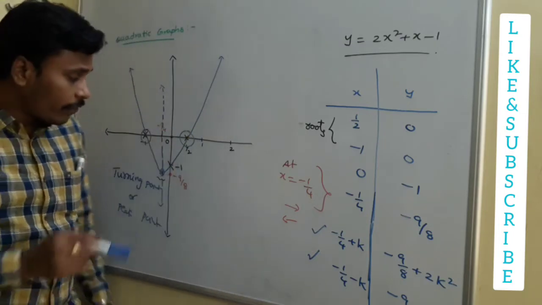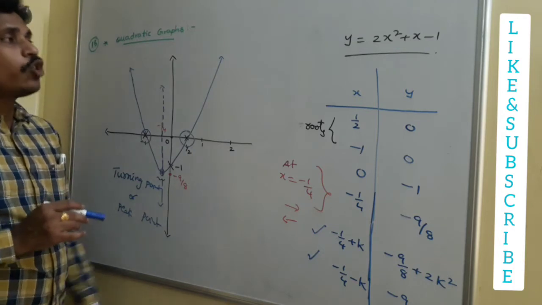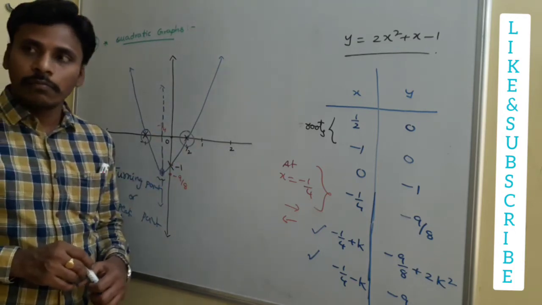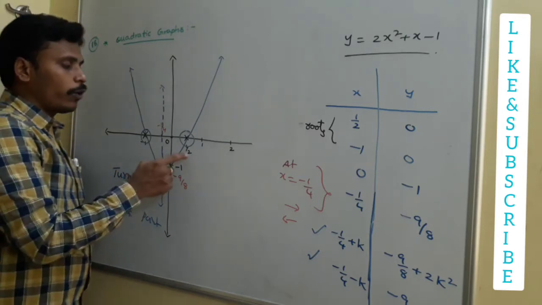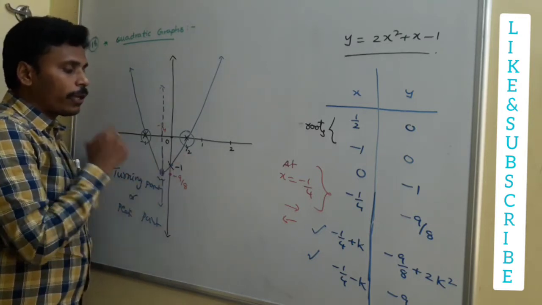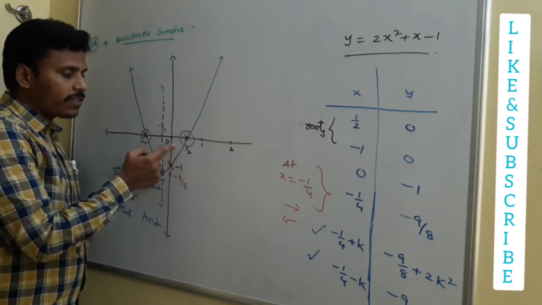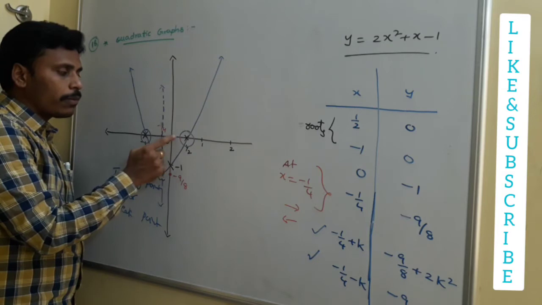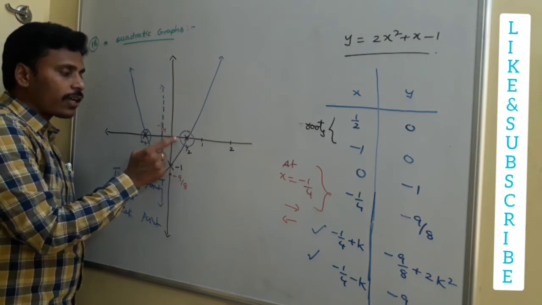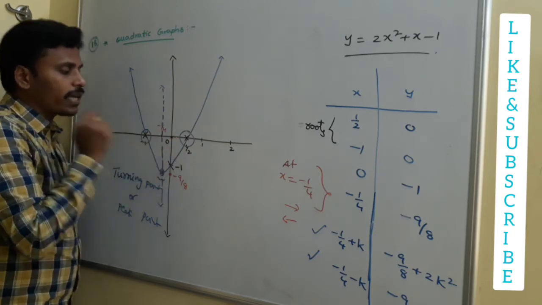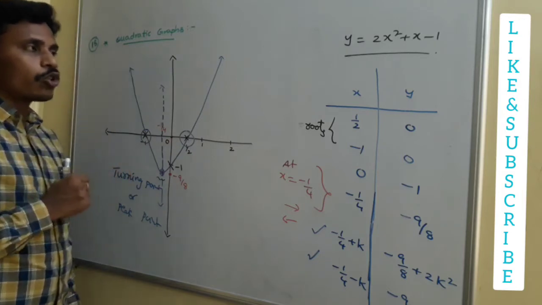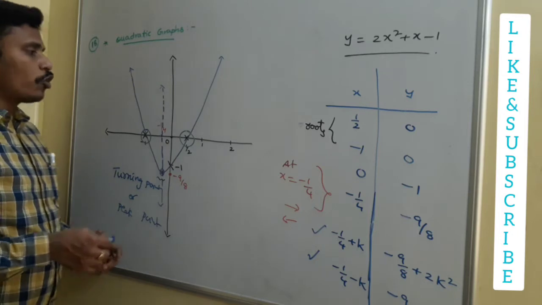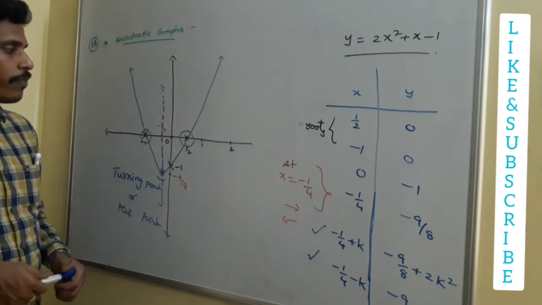Is it clear? And if anybody asks you, what is the value of y if x equals something like 1 by 9? What do you say? This is 1 by 2, right? So 1 by 9 is less than 1 by 2, so 1 by 9 is maybe in this region. In this region, the corresponding y value is below the x-axis. Then for x equals 1 by 9, the value of y is negative. So you may answer such questions based on the graph.